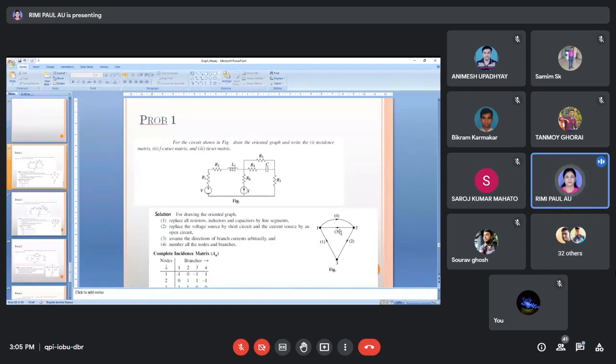তাহলে 1 3 নিলে 2, 1 4 নিলে 2, 3 2 নিলেও 2, 1 2 নিলেও 2, দুটো করেই twig পাচ্ছি। Whatever the trees we are taking, we are getting only 2 twigs, right? So the number of chords or links, b minus n minus 1. So branch is 4, n minus 1 means total 3 minus 1 is 2, 4 minus 2